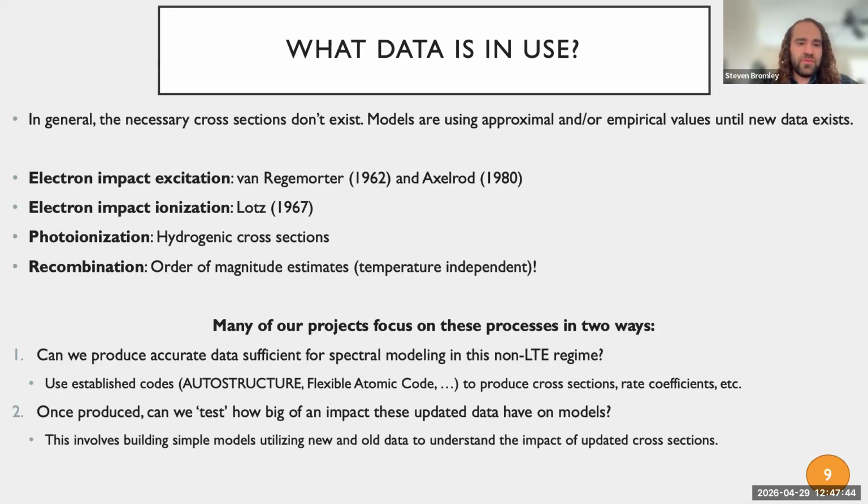And so what we try to do is build simple test models to try to probe the impact of this updated atomic data. And so with the last few slides I have, I just want to comment on a couple of our ongoing projects to update some of these atomic data. I'll highlight some of the level of improvement that can be made, and then at the end we'll summarize what is needed and make note of where experimental measurements might be really helpful for this field. And so I'm going to go through three of these processes here: electron impact excitation, ionization, and recombination. I am interested in photoionization, but at the moment we don't have anything ongoing in that arena.